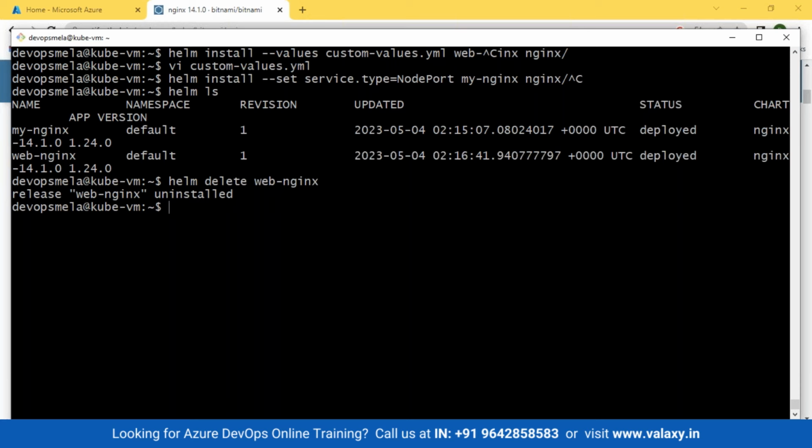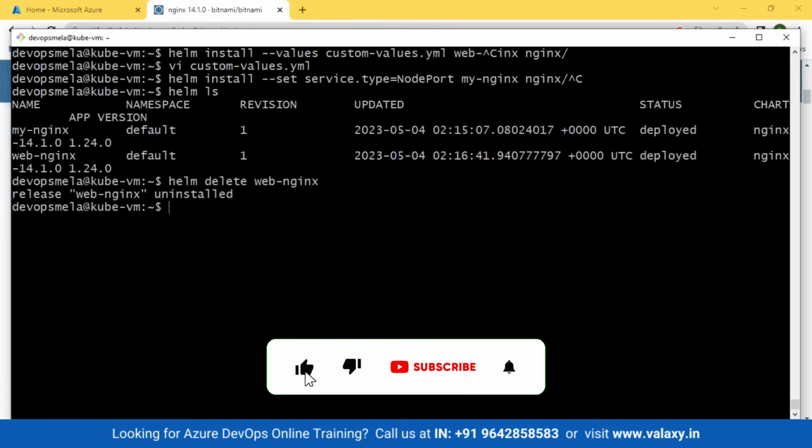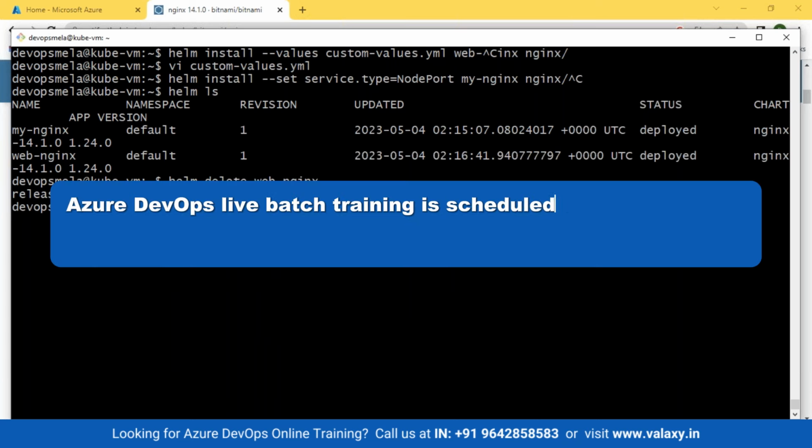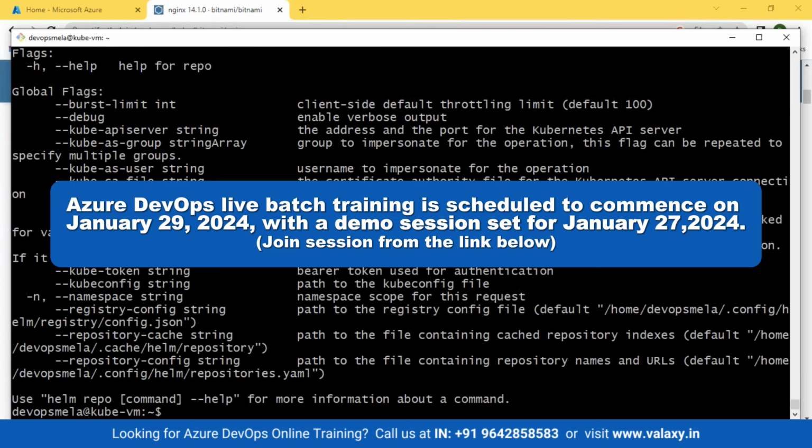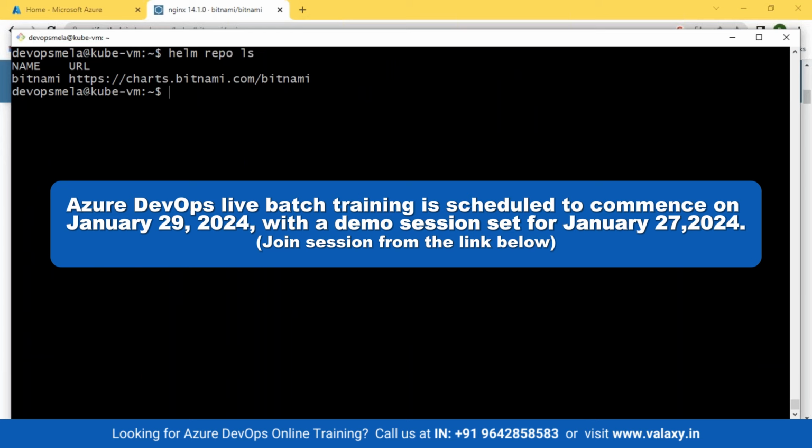This is how you will be working with all these packages, guys. Now, what else in Helm? If you want to see your URLs, you get all your URLs over here. If you want to have a custom package created for yourself, you can do